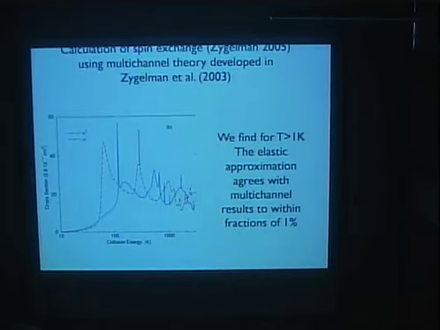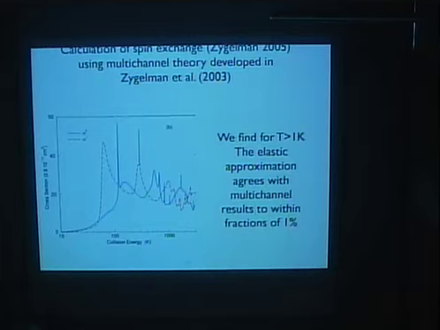Here we show the results of our recent multi-channel calculations of a few years ago. It confirms the validity of the elastic approximation, predicting rate coefficients that differ from the latter by only fractions of a percent. The major difference between the results presented here and those of Dalgarno and Allison is due to the availability of higher quality potential energy surfaces. Primarily through the efforts of Wolniewicz and co-workers, as well as the work of Michael Jamieson and Alex over the last few decades, has the quality of these potential surfaces given us such accuracy in our collision calculations.